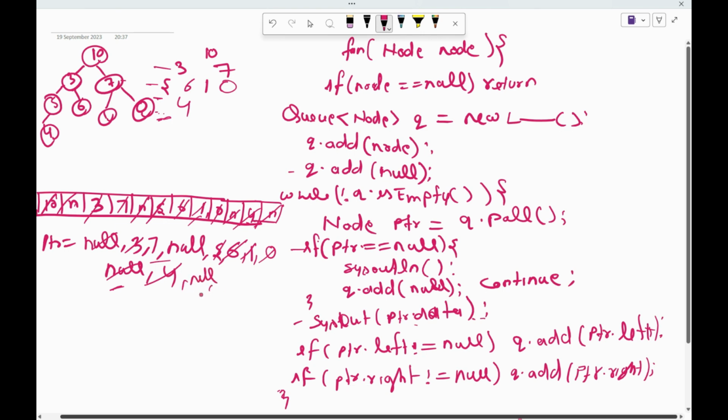नल पोल कर लिया। इसके बाद में, because it is null, change the line now. Line changed. And again I'll add actually null here. Null will be added again. It means यहाँ पे ये नल तो खत्म हो गया, नल अगर ऐड करते रहेंगे तो इट मीन्स ये क्यू एम्प्टी नहीं होगा कभी भी।